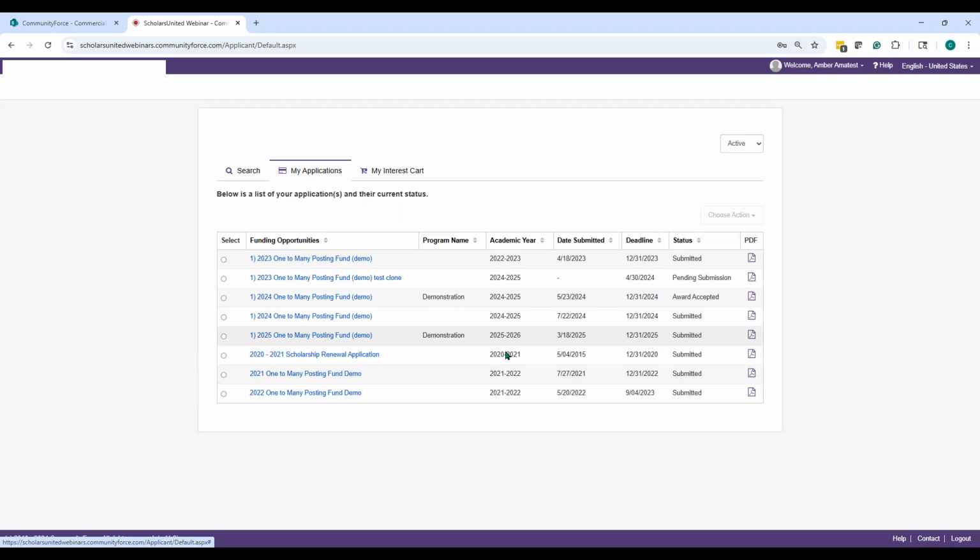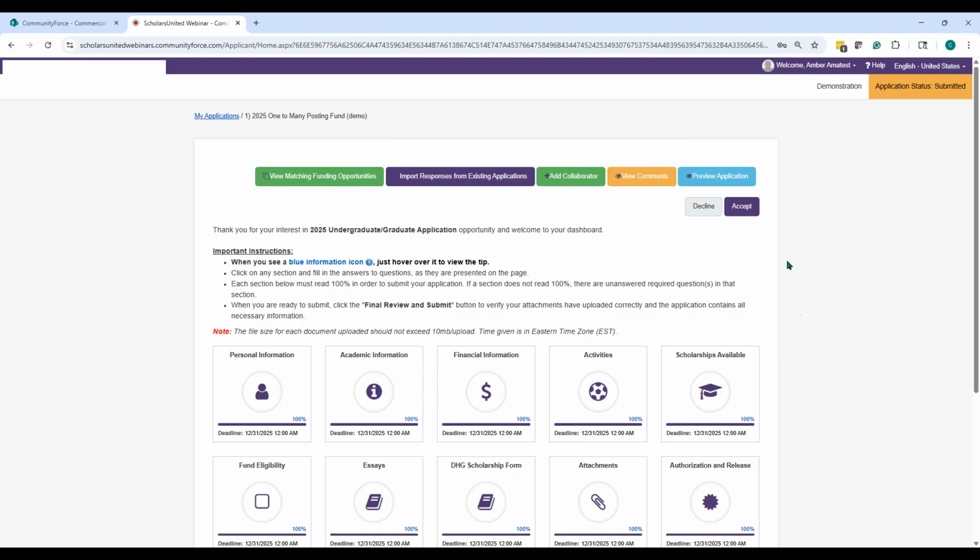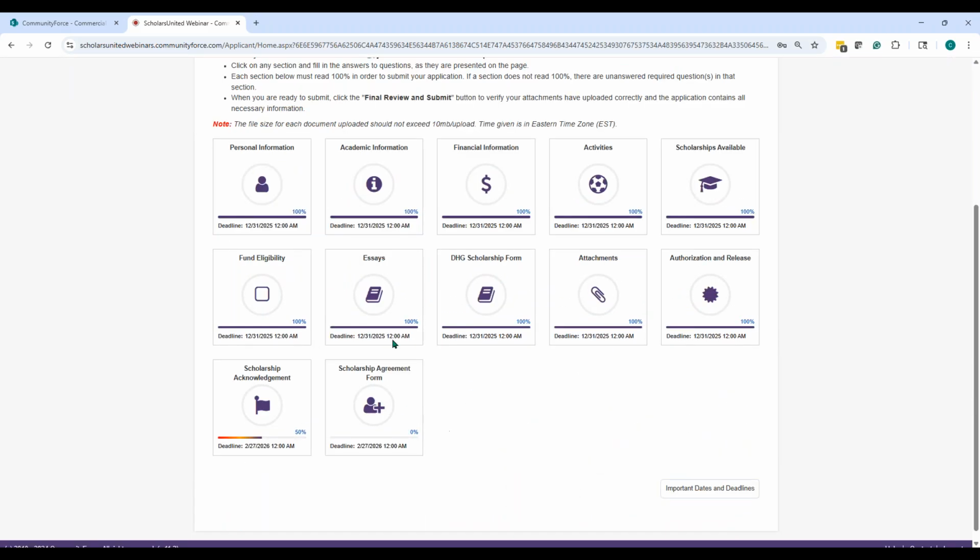Now they go to the application form that they submitted. You can see right now it's only showing submitted. This is the application. They're not seeing that it says selected for an award; it's only showing that they've been submitted. So now I'm going to click on it, and once I click on it, there are those decline and accept buttons I was talking about. With this specific one, I've already answered that acknowledgement question, so this form is here. If I hadn't answered that question already, then this form would not be here.